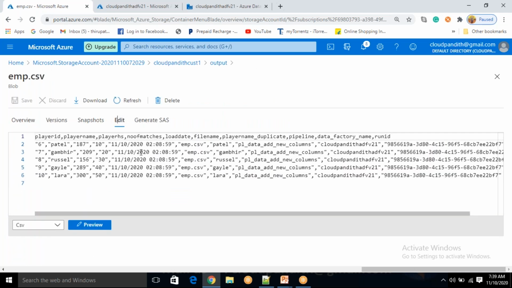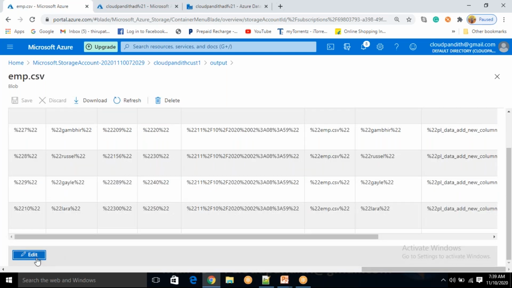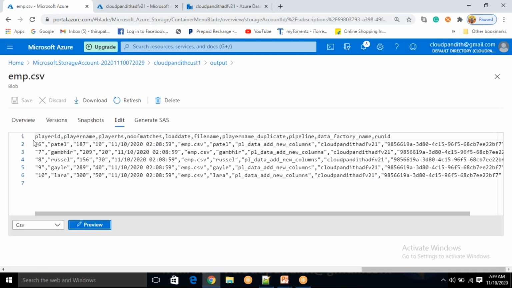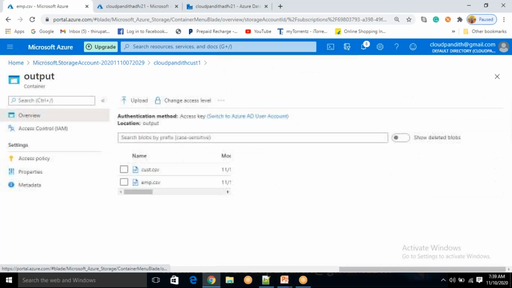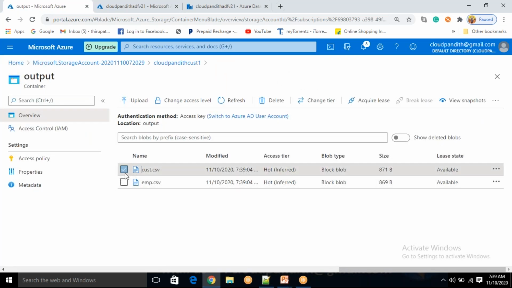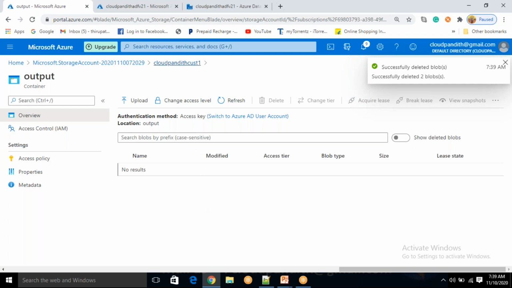Okay, clear? You are able to see all these things. You can click like so. Sometimes it will not work, but you see all these things. Okay, double quote added, that's why. Yeah, this is clear, how we can add the new columns. Everybody's clear on this? Okay, I'm just deleting these things now. I just deleted.